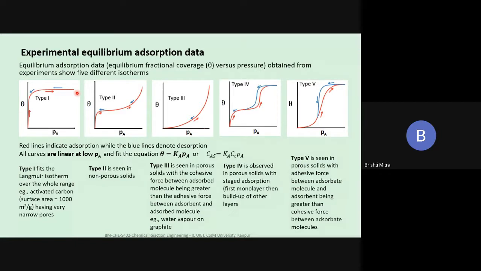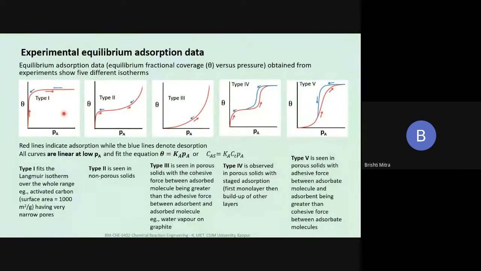That means first you're adsorbing the molecule at low pressures, then you increase the pressure. And if you desorb the molecules, your pressure goes down and hence the molecules come out, then this is the curve that you follow again. If the two curves are on top of each other, then we cannot see it independently. So the backward movement, the desorption, is shown by the blue arrows.